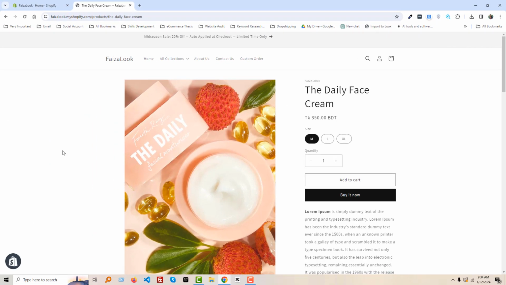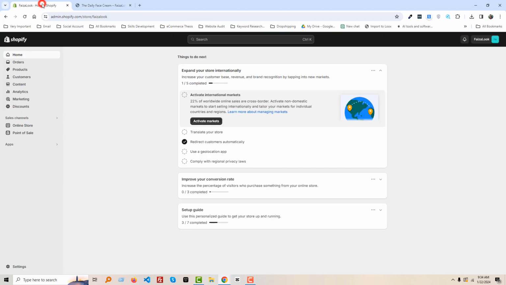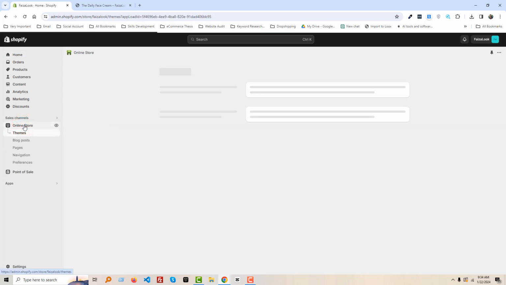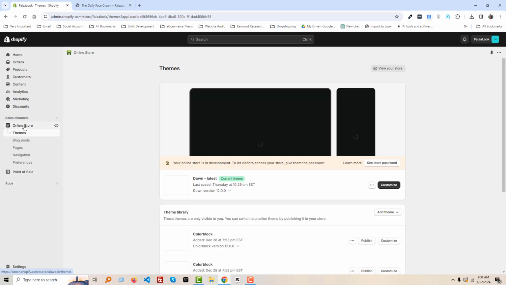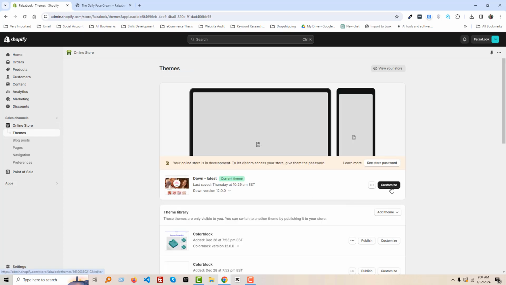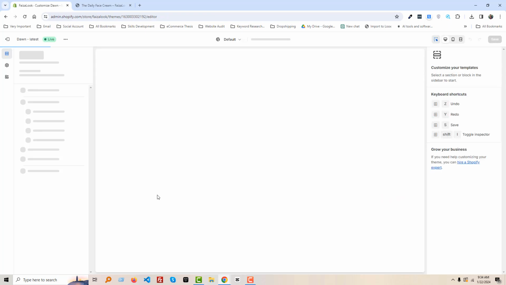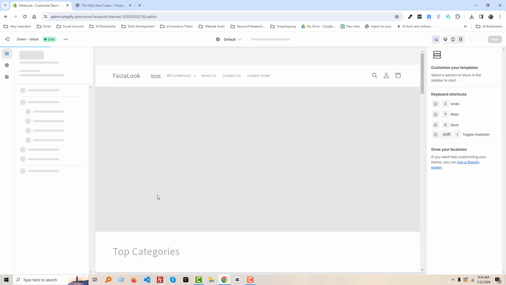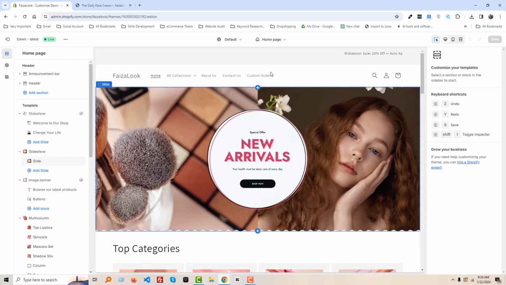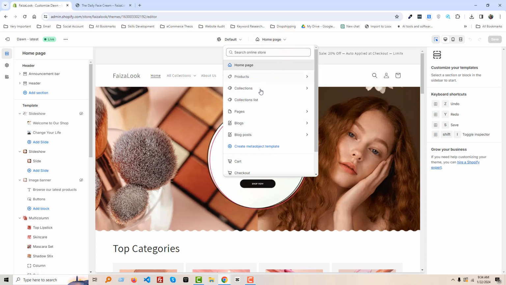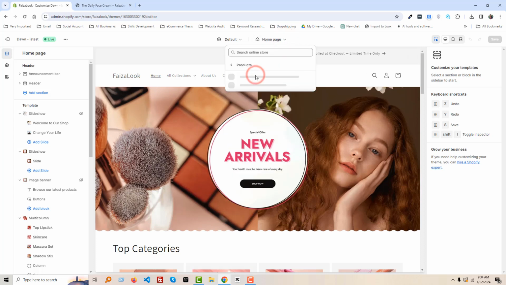Okay, to do this you have to log in to your Shopify admin panel. So I have already logged in to my Shopify admin panel. Then click online store. Then you have to click on the customize button. Now you have to click on this icon, then product, default product,